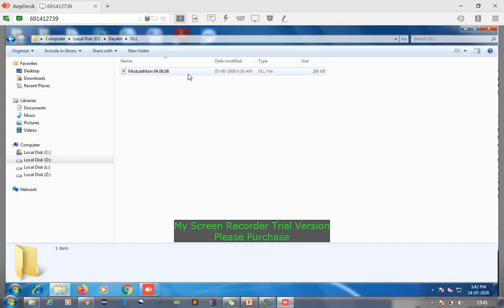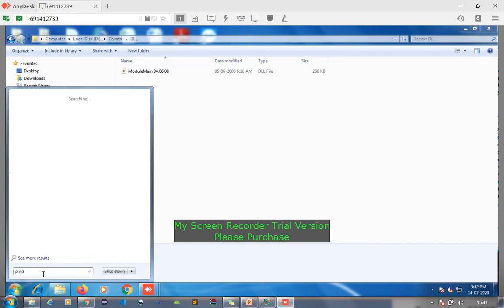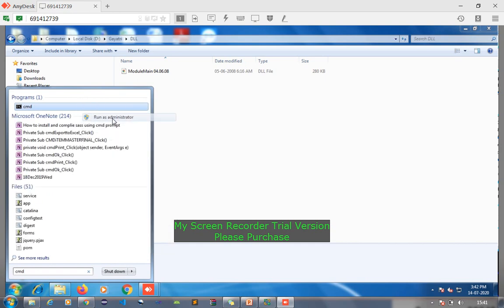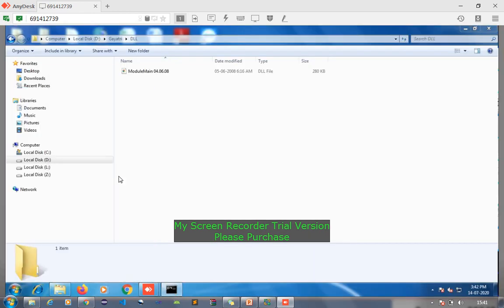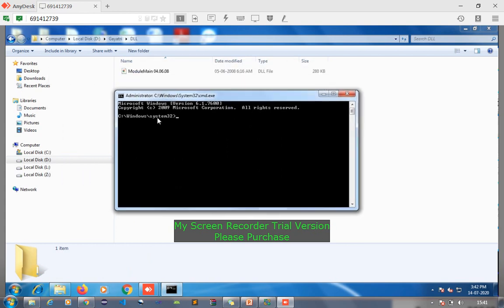Now to handle this kind of error, what do we have to do? First we have to go to the command prompt, type CMD, and very important, you have to right click it and run as administrator. Once you run this, you should be able to work with the basic DOS commands, which is your prerequisite. This is what I see as my command prompt. It shows Administrator at the top and it is showing the drive.